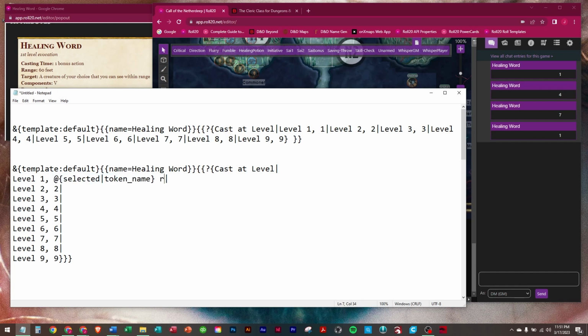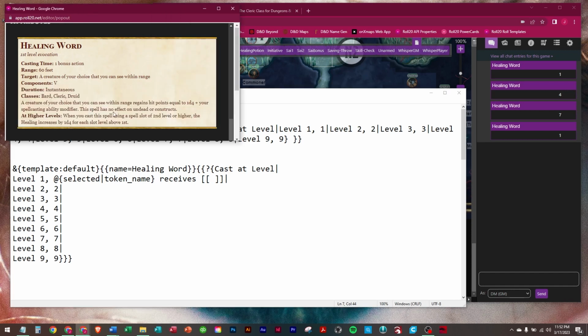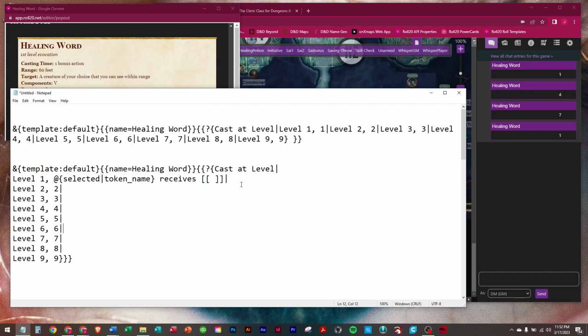And then I'm going to put receives, and then we're going to do our roll. That is contained in brackets. According to Healing Word, you get a 1d4 plus your spellcasting ability modifier. We're going to say that Skeeky's casting that. He is our healer. So the system is going to roll a 1d4 plus,